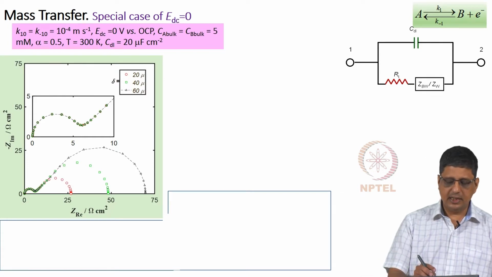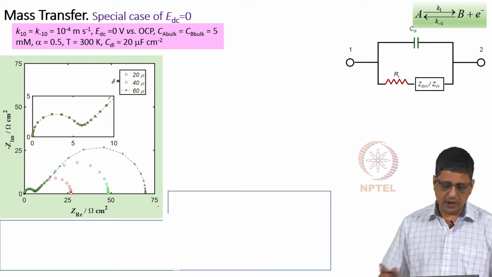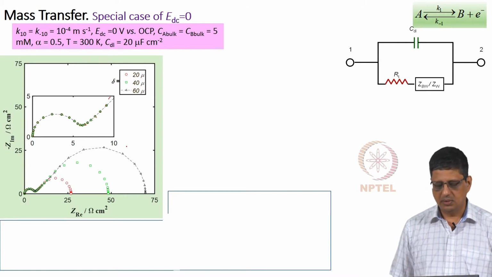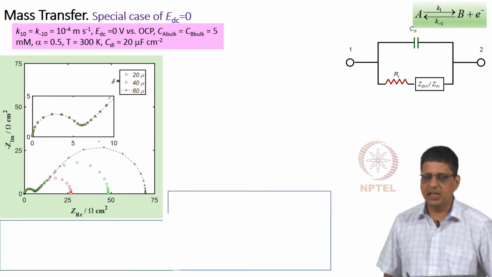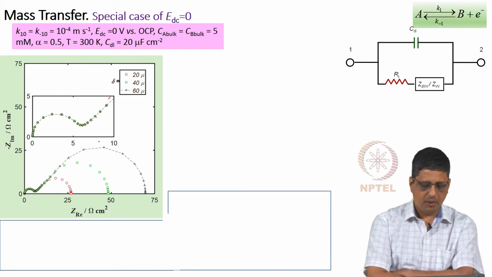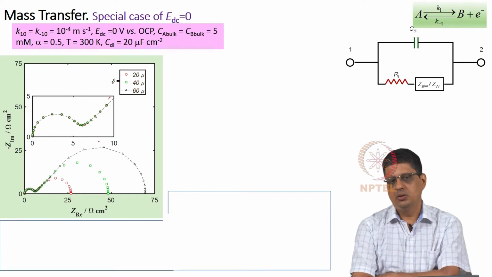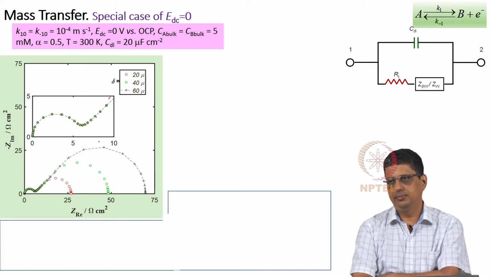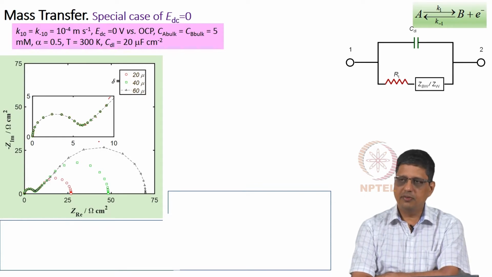Here in the inset all the points are overlapping, and only at the later stages they are separating out, and you can see this is not a semicircle, it is sort of a distorted semicircle. On the right side the arc is neat, but on the left side, at medium frequencies, the arc is definitely not a part of a circle. Now, when the boundary layer thickness is large, why do the impedance values go higher at low enough frequency? And at high frequency, why does it look similar for all these boundary layer thickness values?